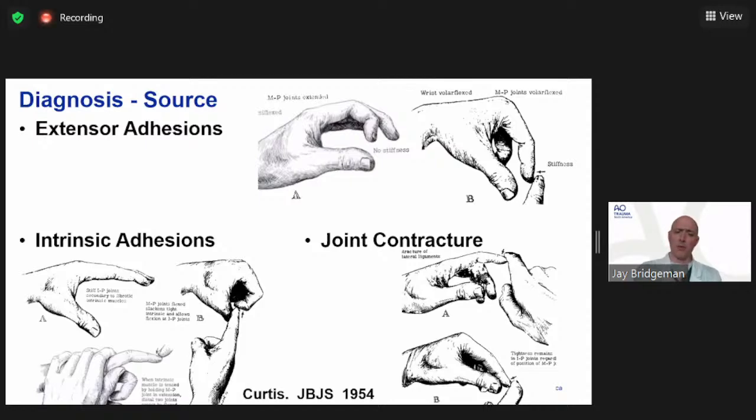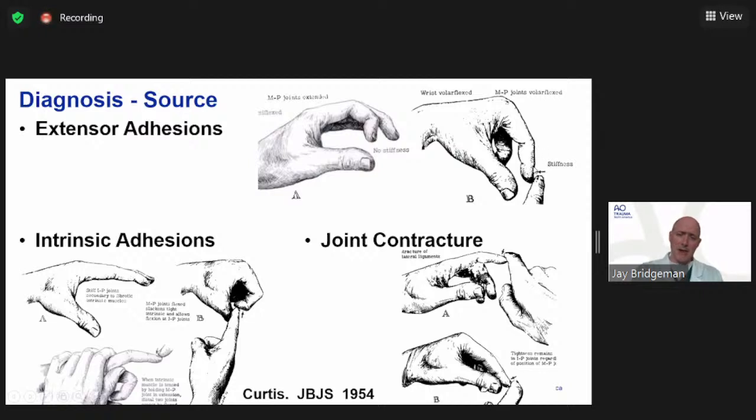So in the upper right figure, figure A, the wrist is extended, the MCP is extended. And when you are in that position and you're able to get the finger flexed, that's a good starting point to now do your comparative exam, which is in figure B. And this is when you flex the wrist and flex the MCP joint. Now, when you do that, you're increasing the extensor tone through passive tenodesis, especially if it's stuck in scar, that's even exaggerated. So in this patient in figure B on the upper right, you're unable to flex the PIP and